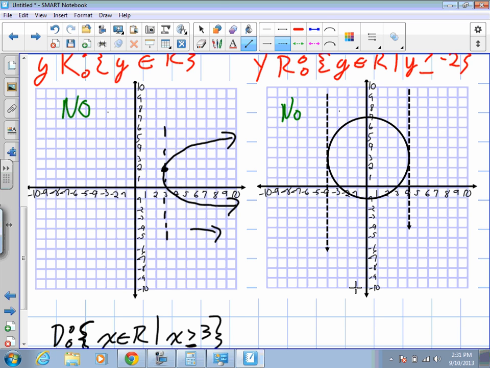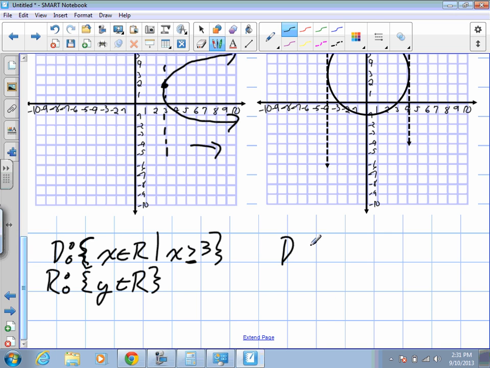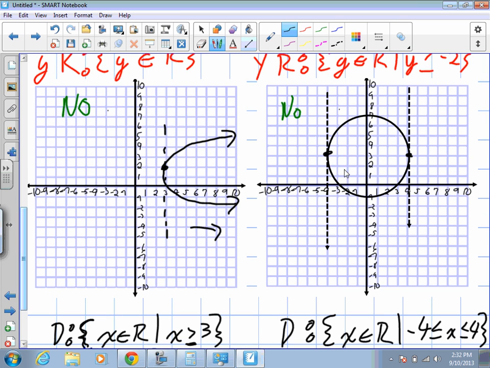So we still start off the same way. We say domain is XER, so it's every real number, such that now we have restrictions. And what I'm going to do is I'm going to start with the smallest one, -4. And x is greater than or equal to -4, but less than or equal to the value of 4. So I have a number on each side of the x saying that it is larger than -4, but smaller than +4. So with that same idea,